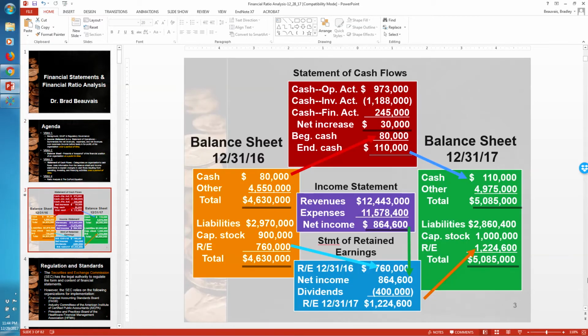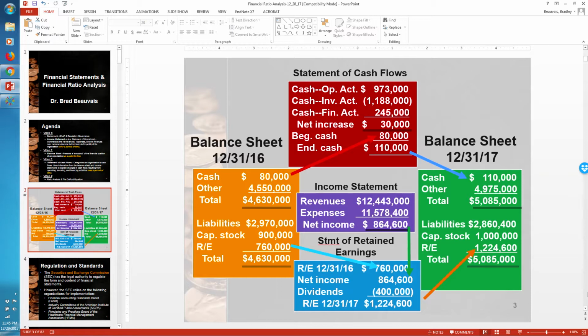But before we go any further, we need to understand that even though we're going to talk about each one of the financial statements in isolation, they are very much connected. We have a very basic graphic here that walks through how the financial statements interrelate, going from the balance sheet at the end of 2016, and we see how specific elements, and these are not exclusive by any means, but some of the elements we see depicted on the screen here translate, just for the sake of demonstration,